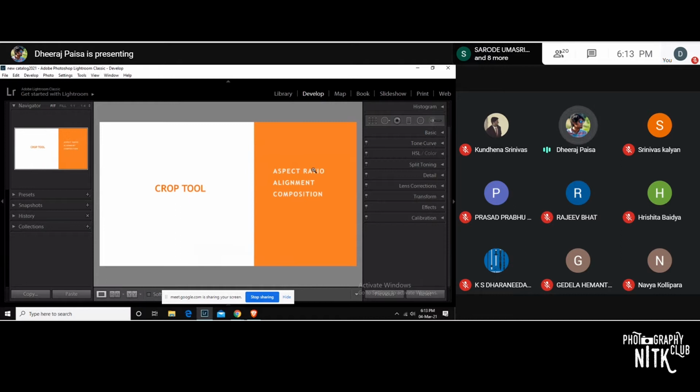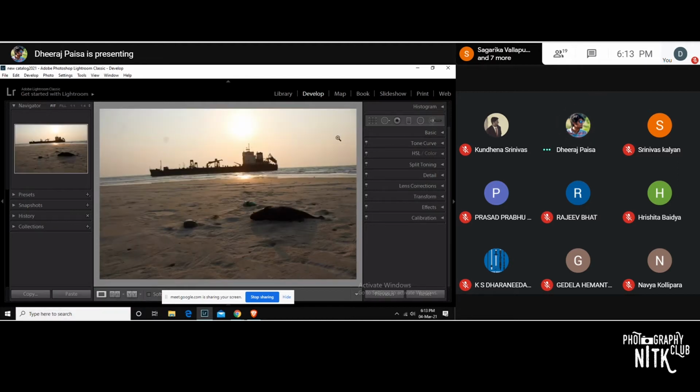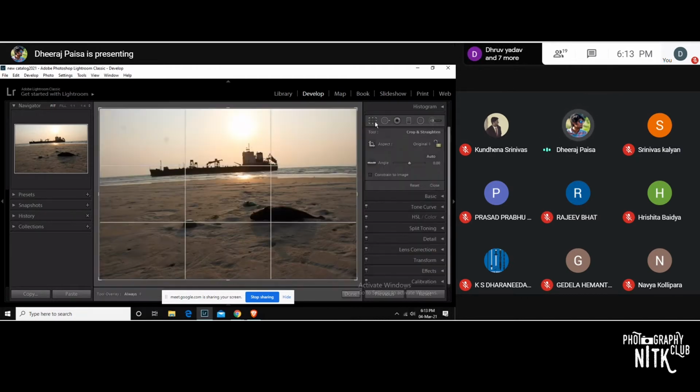First we'll go with the crop tool. It has three main components: one is aspect ratio, second is alignment, third is composition. If you see this picture, I feel it is a little bit tilted as the ship is not straight. To straighten or crop the picture, we use the crop tool.